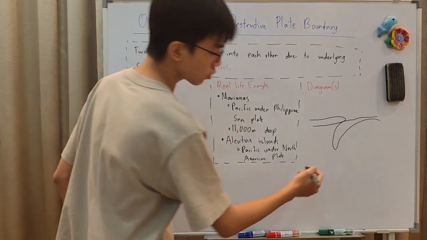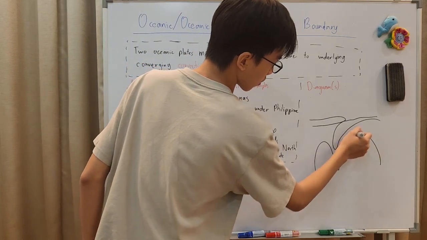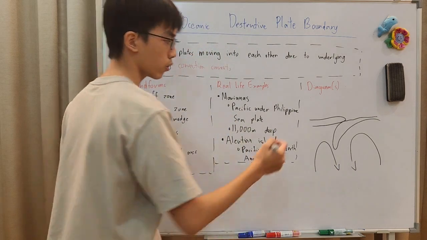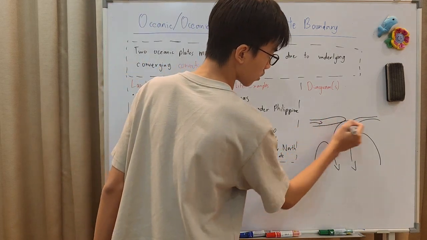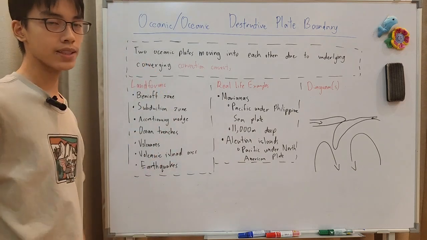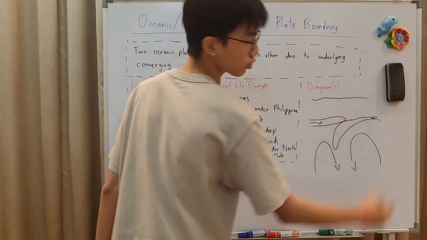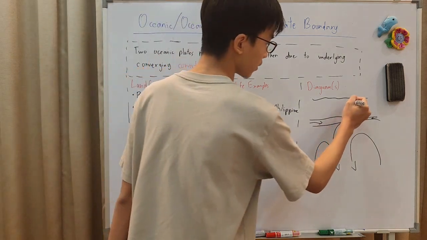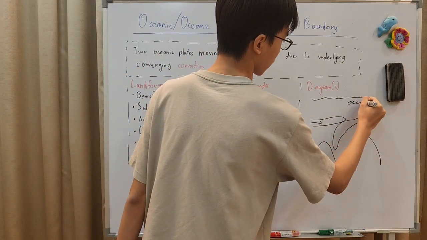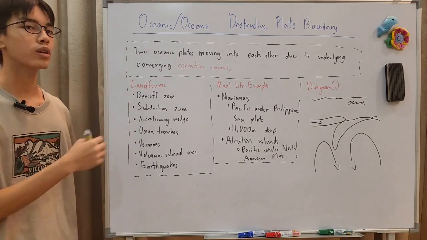So of course you draw your converging convection currents, and then you can draw the forces of the crust or the movements of the crust going towards each other. And because it's oceanic plates, you might want to draw an ocean up here. You can label an ocean if you want. So you have landforms. These two are not really landforms, but